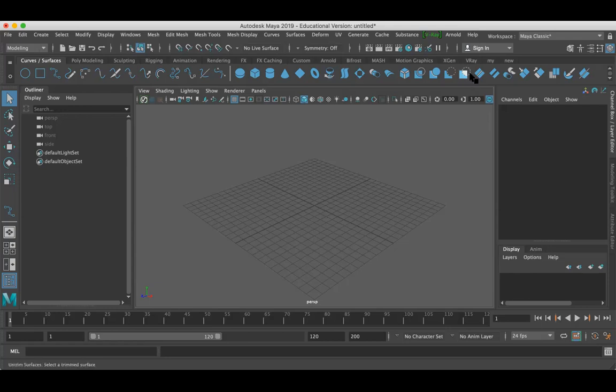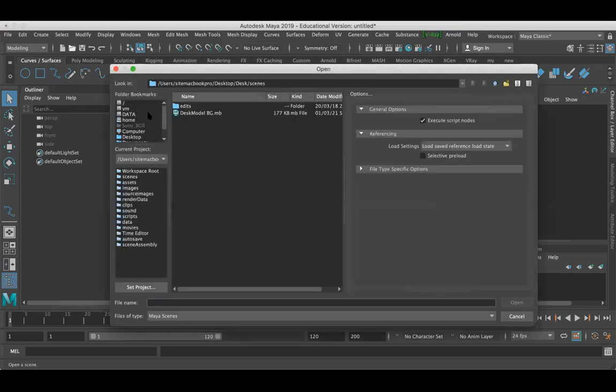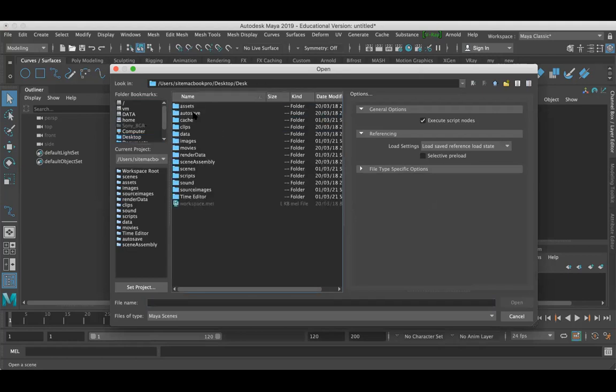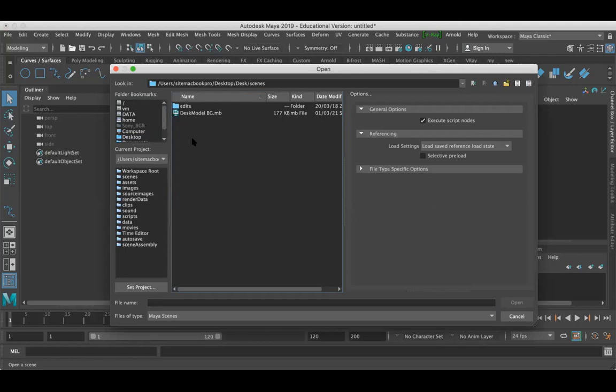Even though I have V-Ray, which is also good, it takes more time. Arnold is much faster than the other renderers. So let's jump into the lighting part. I'm just going to introduce you to some lights. Here I'm going to open a new scene, a new project, and this is the model I'm going to work with right now.